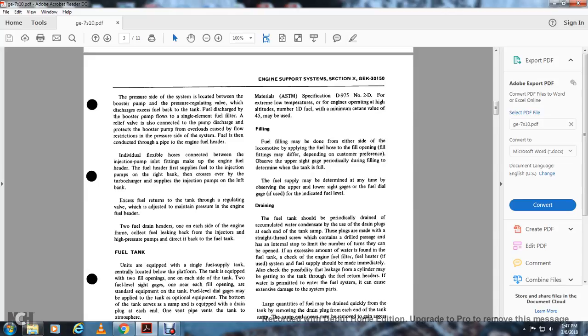Fuel is then conducted through a pipe to the engine fuel header. Individual flexible hoses connect to the engine injection pump inlet fittings that make up the engine fuel header. The fuel header supplies fuel first to the injection pumps at the right bank, then crosses over by the turbocharger to supply the injection pumps at the left bank. Excess fuel is returned to the tank and regulated with a valve which adjusts the maintained pressure in